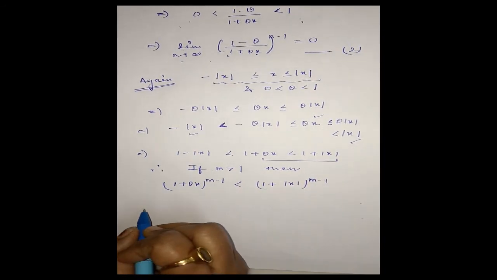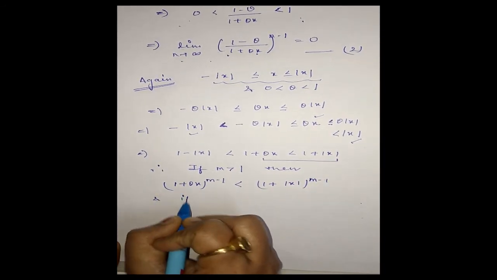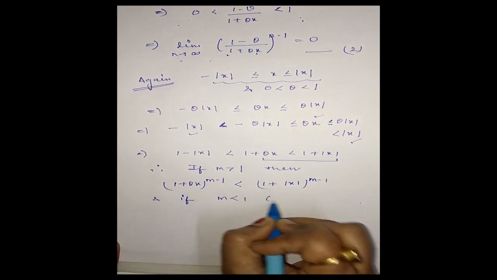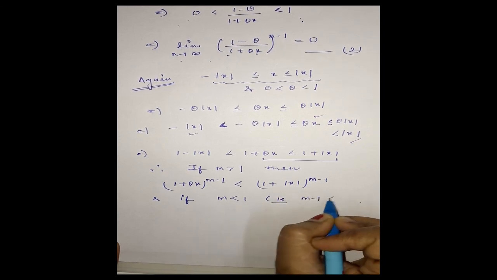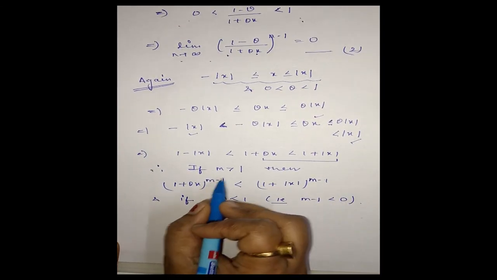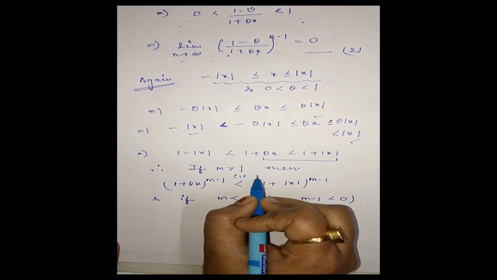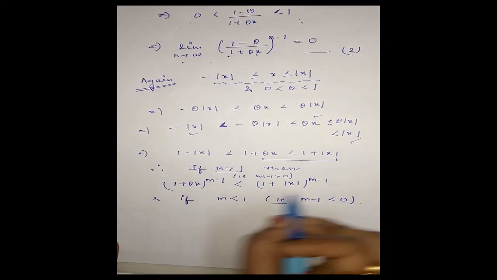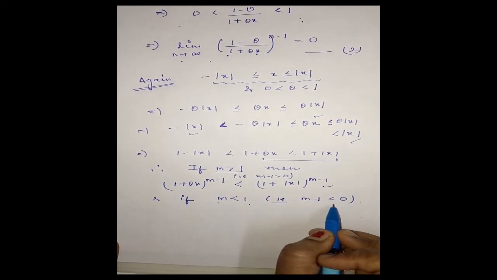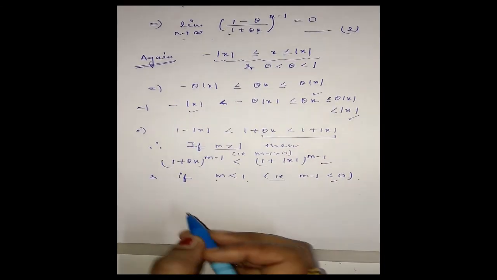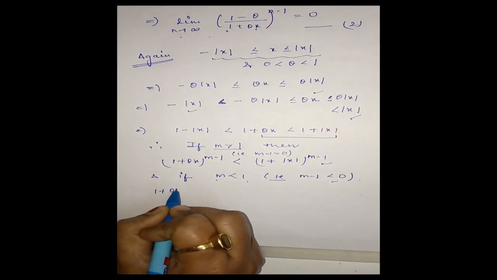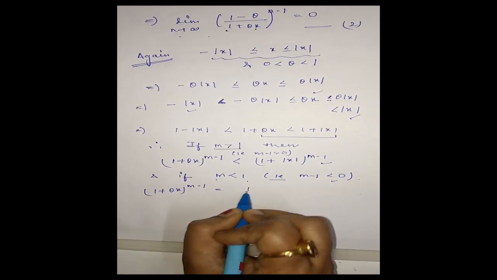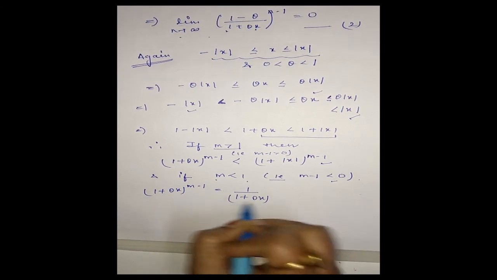Okay, and if m is less than 1, that is, m minus 1 will be less than 0. Here m is greater than 1 means m minus 1 is greater than 0. If m is greater than 1, then m minus 1 is greater than 0; and if m is less than 1, then m minus 1 is less than 0. Then (1 plus theta x) power m minus 1, which is equal to 1 upon (1 plus theta x) power